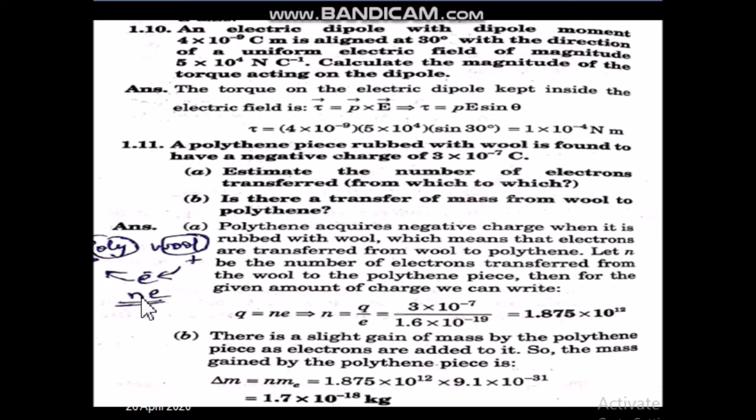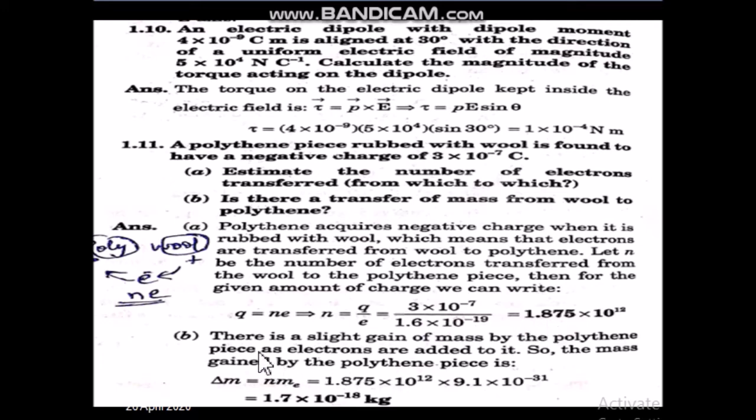Suppose that the number of electrons is n. So total charge is Ne. So this is the equation relating e and total charge Q. This equation we call quantization of charge. So Q equal to Ne means n is Q by e. Whenever the number of electrons is asked, what do you do? Put the Q value here, whatever charge is given, and divide it by e. e is always fixed, 1.6 into 10 raised to power minus 19, which is the charge of one electron. So dividing Q by e, we always get the number of electrons.